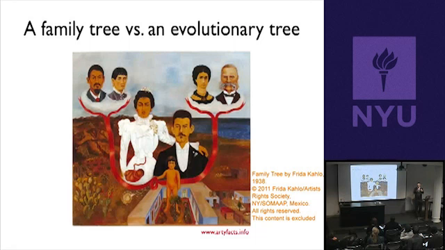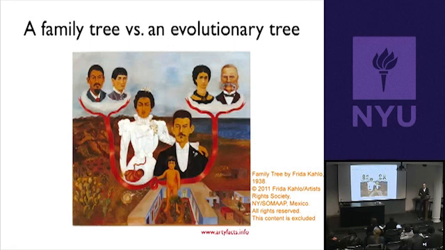Okay? So we can trace the common ancestor of all humans back to an individual that lived 100,000 years ago. Now, that's confusing because it looks like from a picture like this that your ancestors keep multiplying as you go back in time, right? That this individual has 2 most direct ancestors, 4 indirect ancestors, 8, 16, and so on. So how is it that everyone in this room can trace back to a single ancestor? And the answer to that question is that most lineages do not survive.